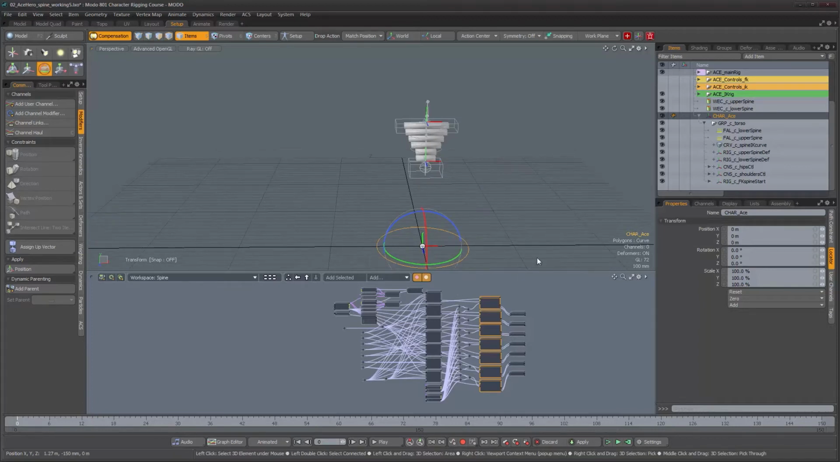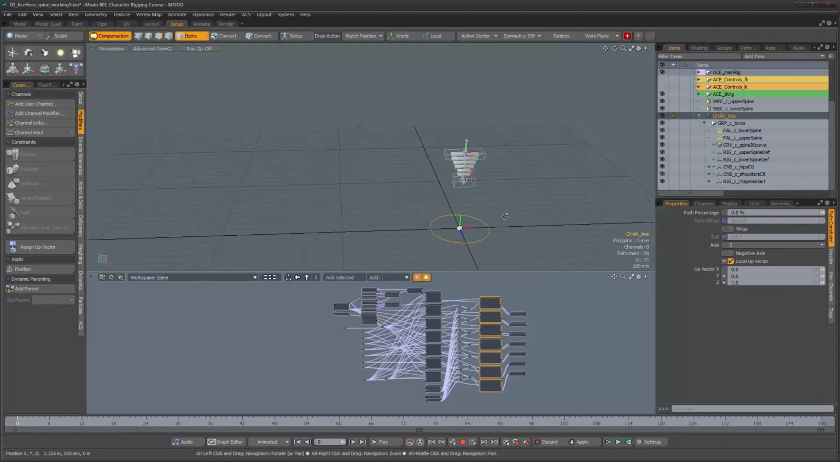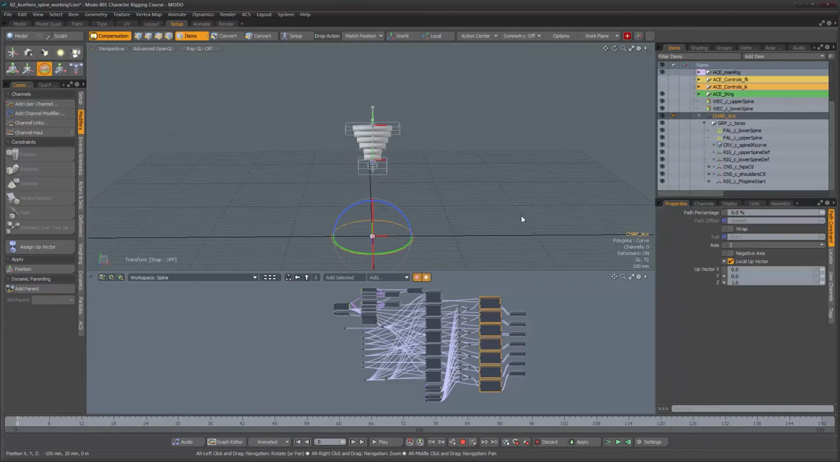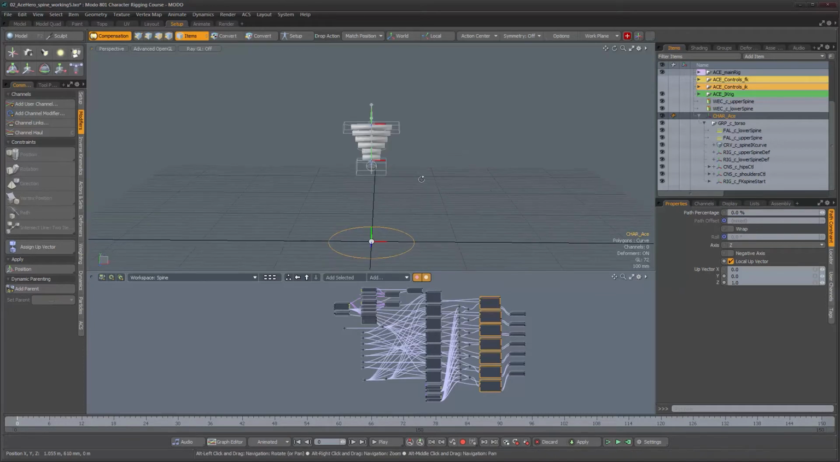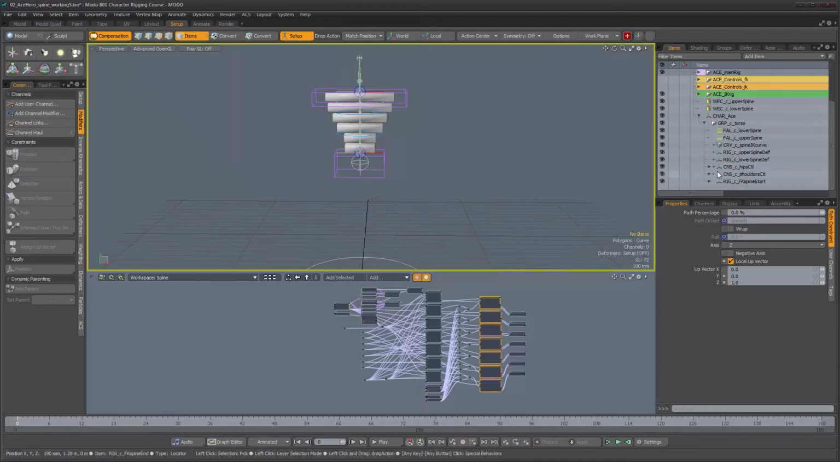So let's go back to our path constraint. We can try to use a local up vector, but that still doesn't give us anything we can use. So what we're going to do is create our own up vector object that is going to be part of the rig, so it can move with it, and then the torso will respond. So let's go ahead and create a new locator,